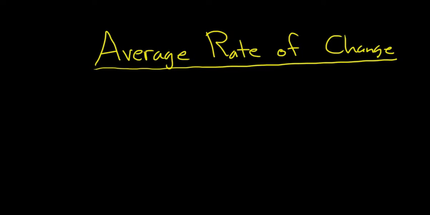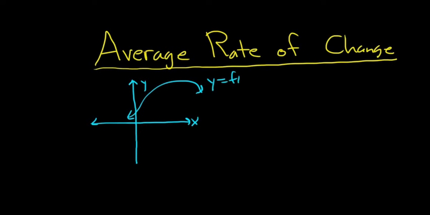So first we have a graph. Say there's the y-axis and that's the x-axis. Okay, and then say it looks like this. There's our graph, and this is the graph of y equals f of x. Every point on this graph is an ordered pair, x comma y, and we need 2 points. Say this is x1, and say this is x2. Here, this is the y value corresponding to x1, so that's going to be f of x sub 1. And this is x2, and this is the y value corresponding to x2, so that would be f of x